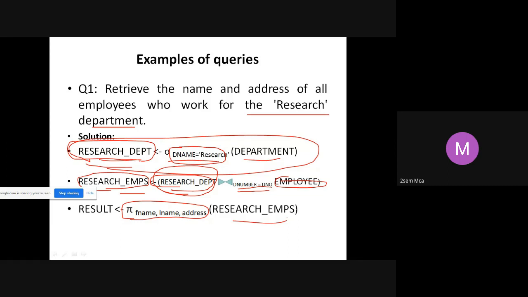If you were to write it in SQL, as somebody had put it, you are trying to retrieve what you have to display, name and address. So what I have told you is that immediately after select, you should be putting this name and address.